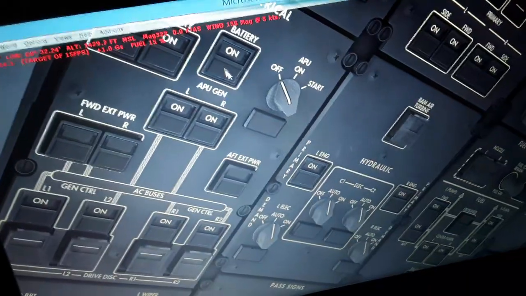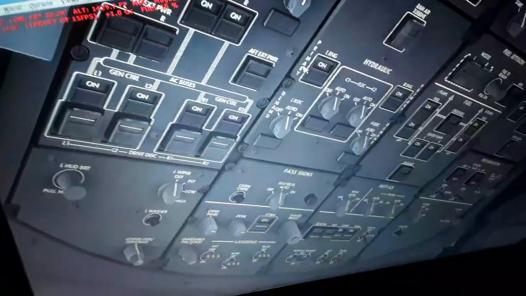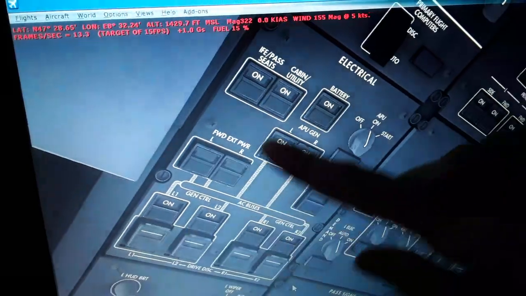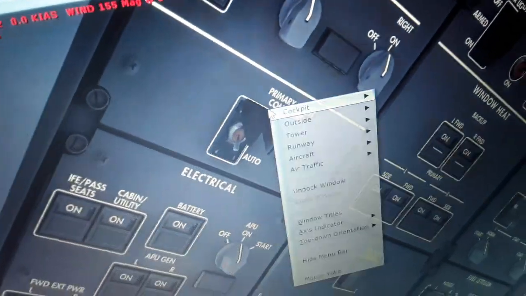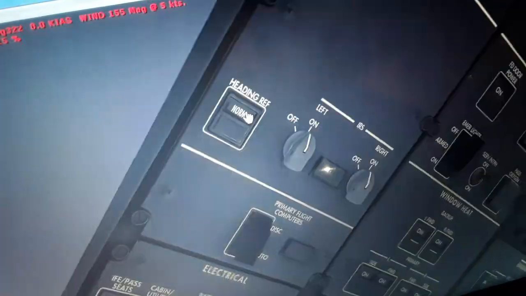We need to start the engines, with the APU in the on start position. We have also this light. So this is the left and right IDG, the integrated drive generator, the contactors, 120 to 100 volts, 400 Hz frequency, battery, primary flight control computers over here in the auto position, air data computer, alignment of the aircraft, flight control surfaces,